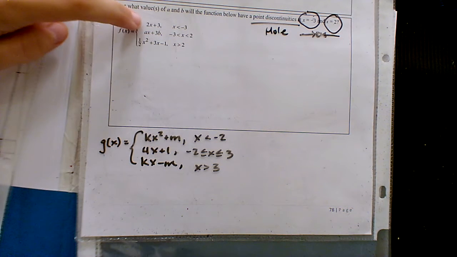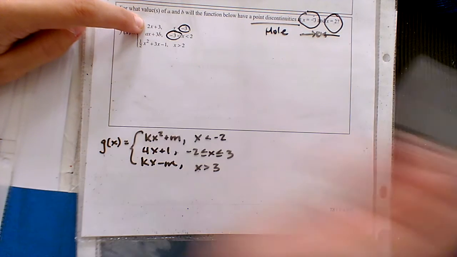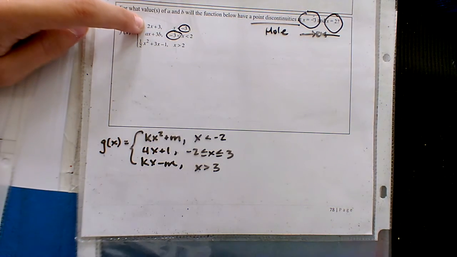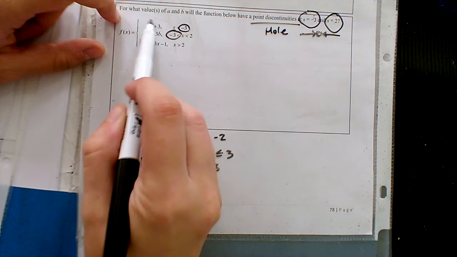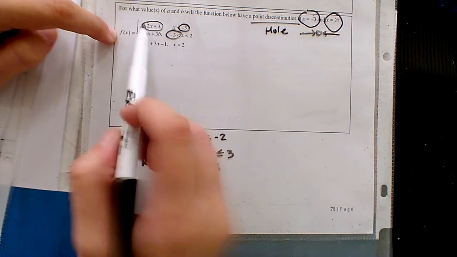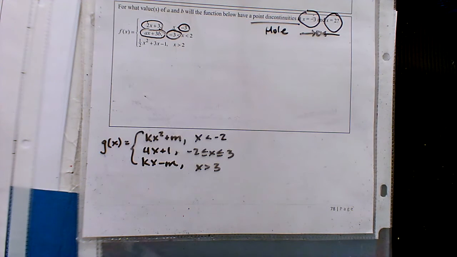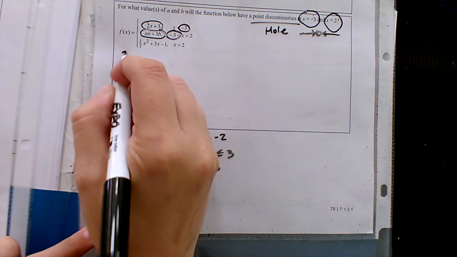So just like we did yesterday, let's for instance take a look at this location of -3. The left side of -3 would be the first equation, values less than -3, and the right side would be the middle equation. If we want the left and the right to meet up, be the same height, we want those equations to be equal to each other. We want them to be the same. So if we actually wrote that out,